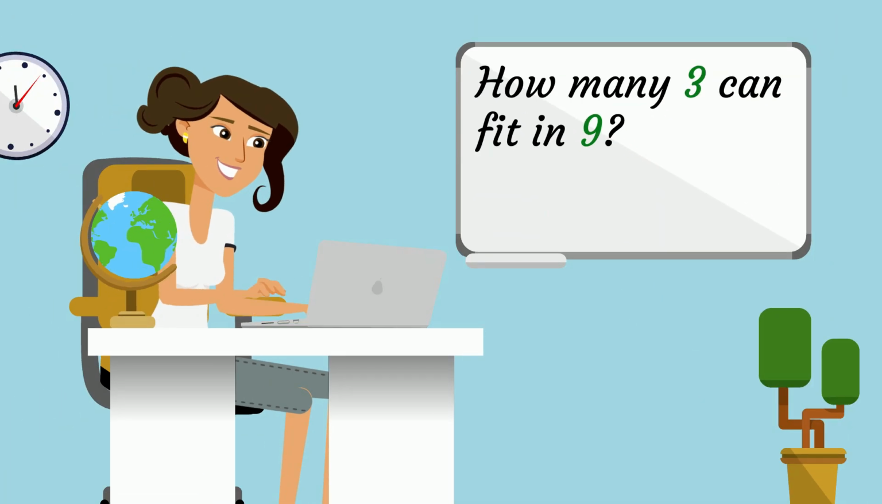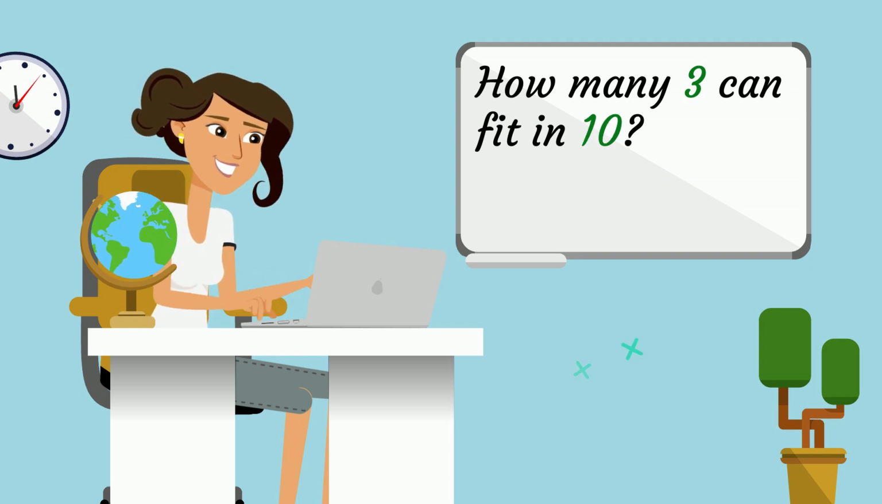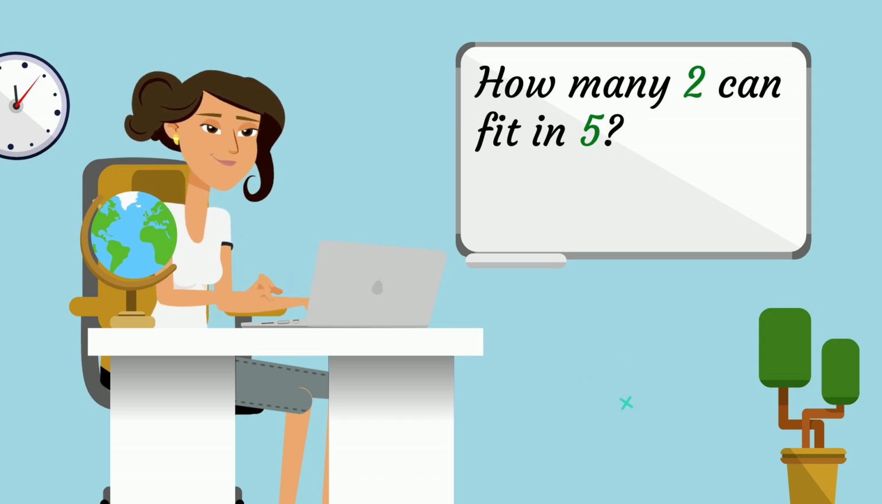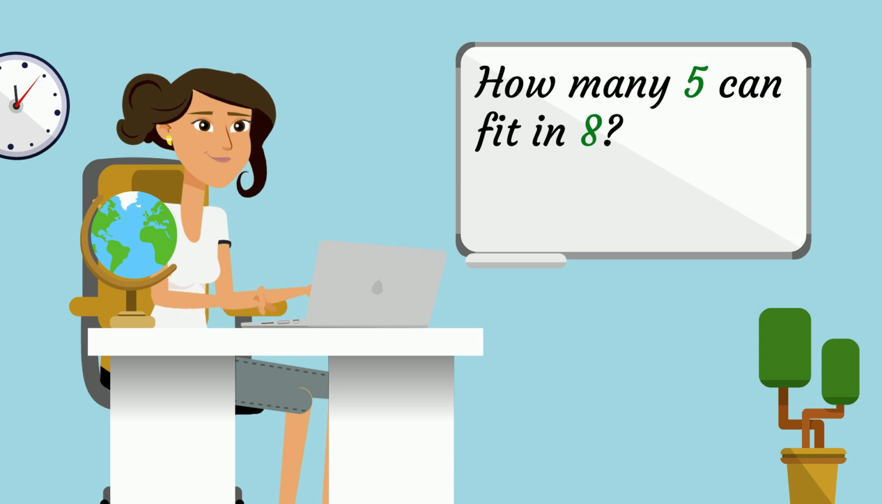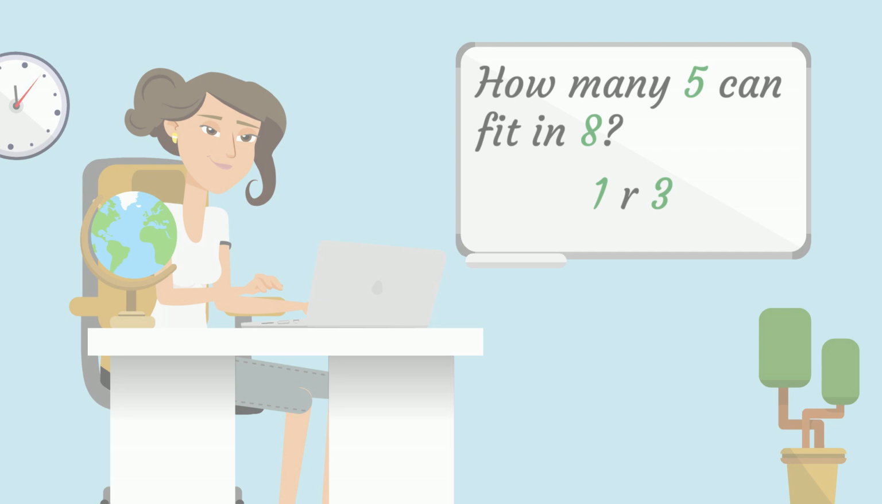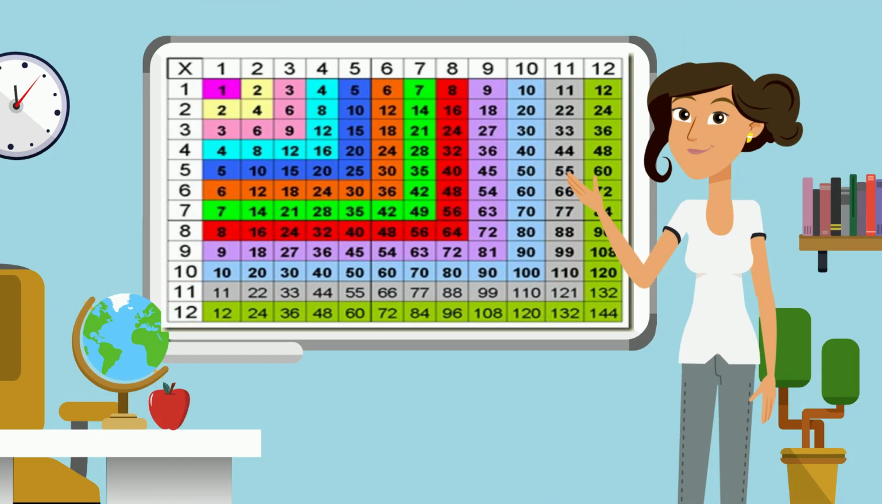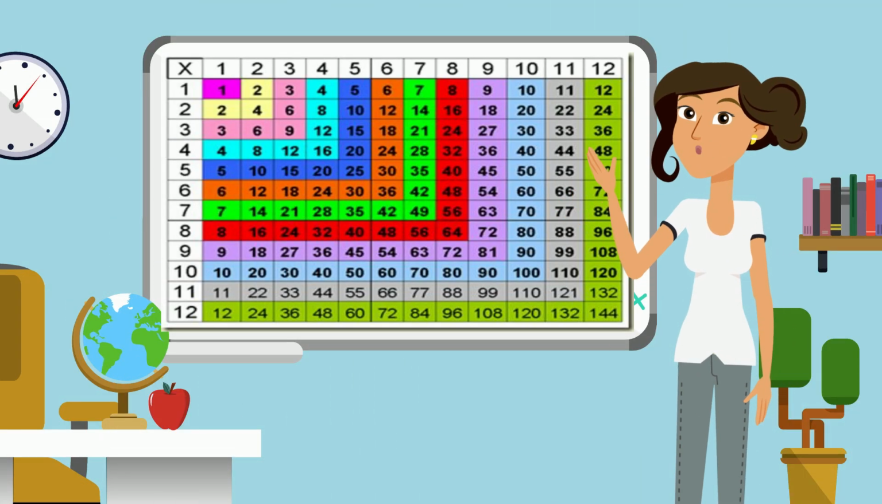For example, how many 3s can fit in 9? Easy, 3. And how many 3s can you fit in 10? 3 and remainder 1. How many 2s can you fit in 5? 2 and remainder 1. How many 5s can you fit in 8? 1 and remainder 3. Division can be easy if your timetables are strong, but even if you're not perfect yet,